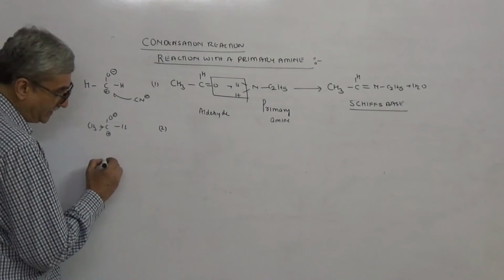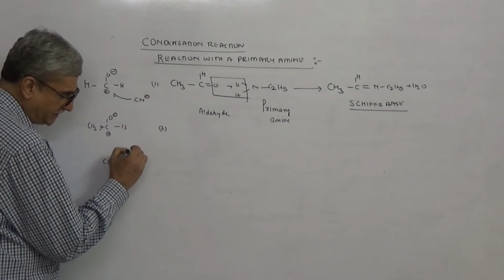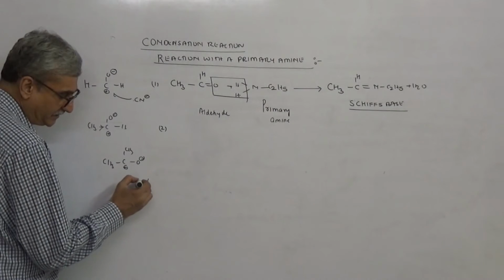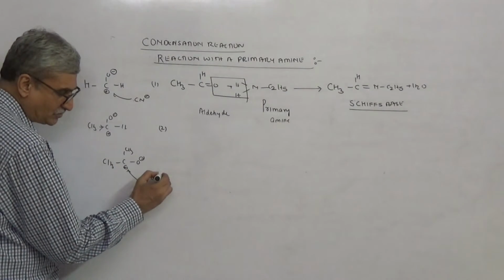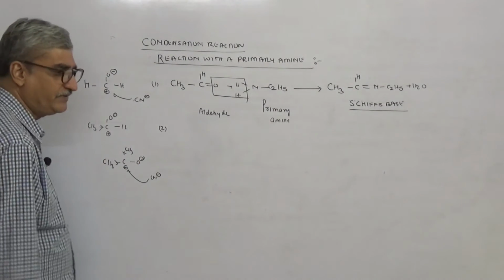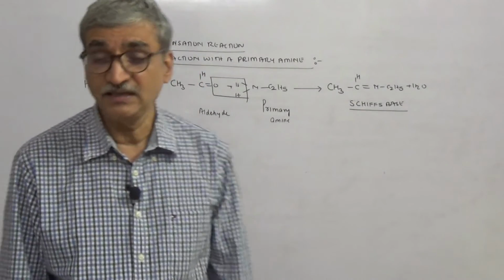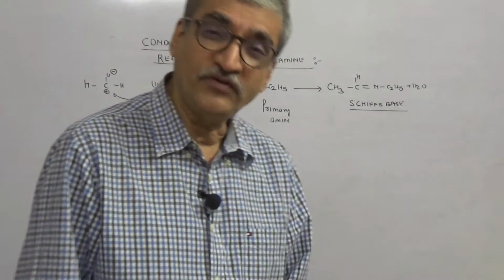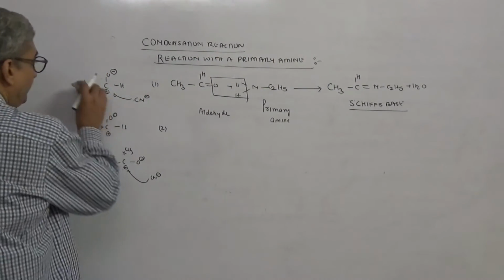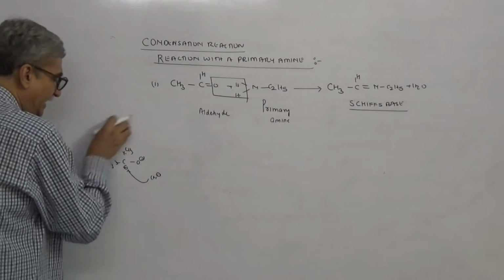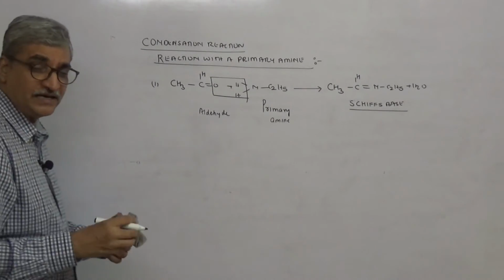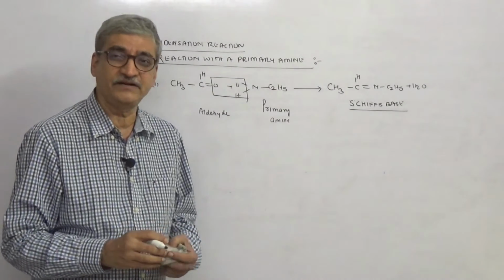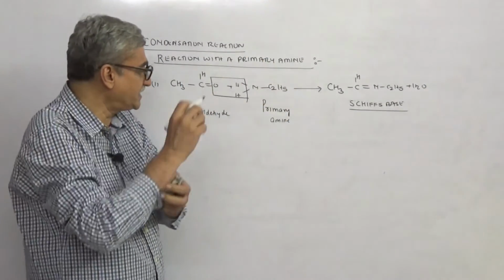Acetaldehyde has one methyl group. Look at acetone, CH3COCH3. If the nucleophile has to come, now there are two alkyl groups giving inductive effect. There is a decrease in the positive charge on the carbon, so reactivity decreases. So formaldehyde is more reactive toward nucleophilic addition than acetaldehyde, than acetone. As the number of alkyl groups around that carbonyl carbon increases, its positivity decreases, and reactivity decreases. So that was one more question which I have done.